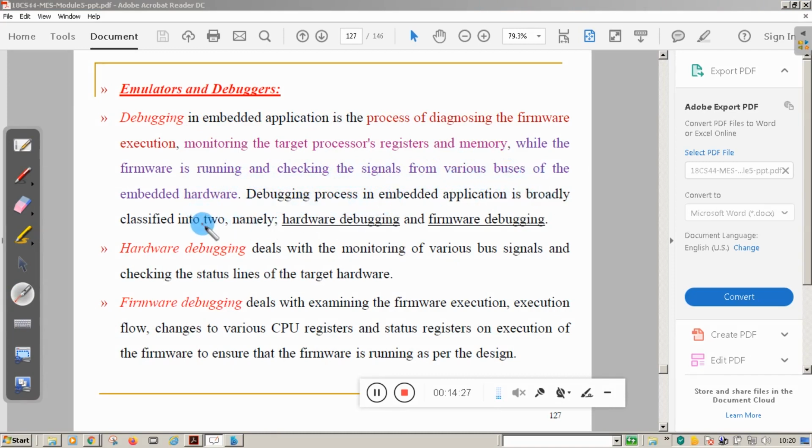Debugging process in embedded application is broadly classified into two. One is hardware debugging, second one is firmware debugging. So what is hardware debugging? Hardware